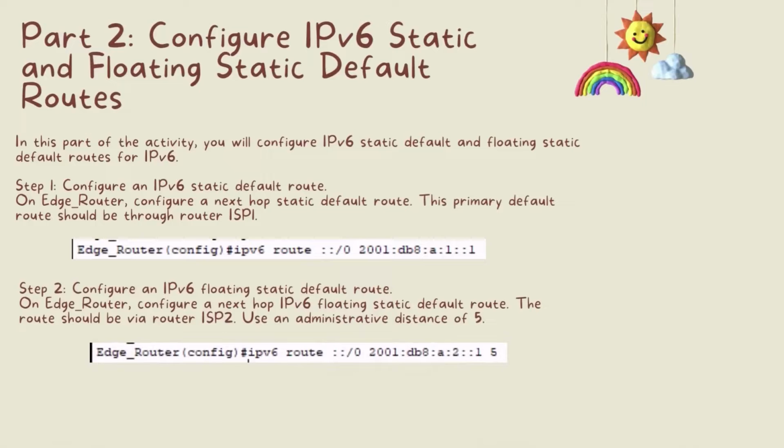Okay, and part 2, configure IPv6 static and floating static default router. In this part of the activity, you will be configuring IPv6 static default and floating static default router for IPv6. Step 1, configure an IPv6 static default router. On edge router, configure a next hop static default router. This primary default router should be the route to router ISP1. Okay, we're using the command for IPv6 route